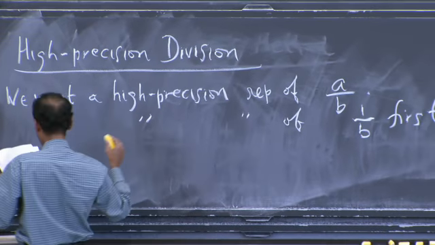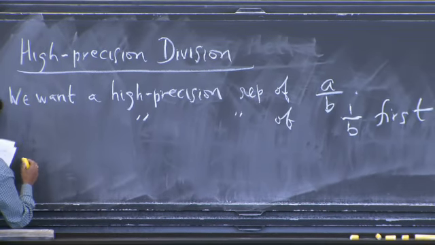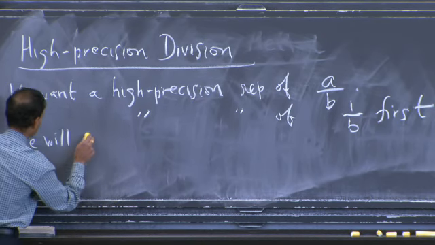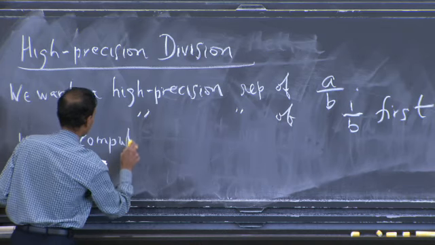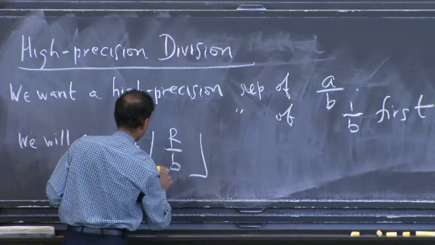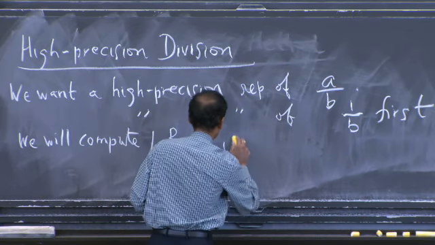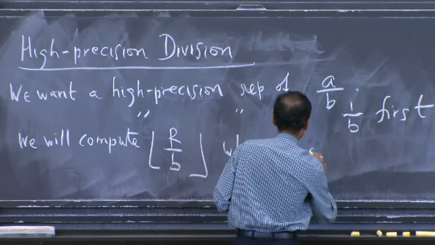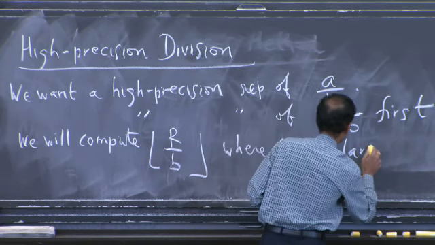And what we mean by that is that we'll compute floor of R divided by B, where R is a really large value,